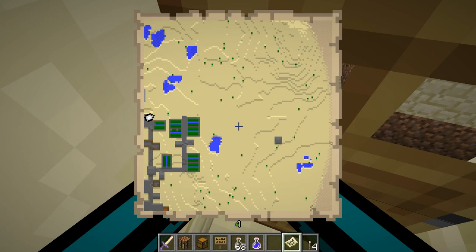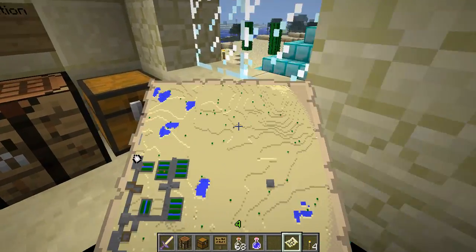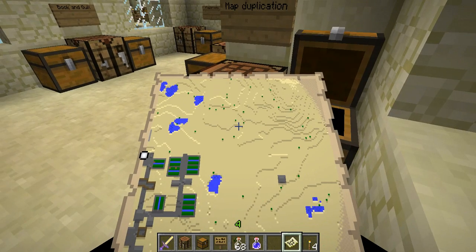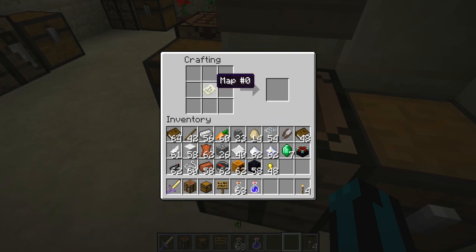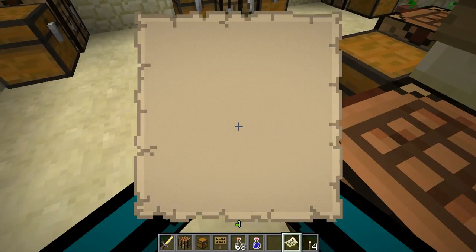The entire world is set up into grids now, I believe. I just don't like how they're set up now. But if you surround this map with paper, instead of having to create a new map, like if you lose one or want another, you just do this, and